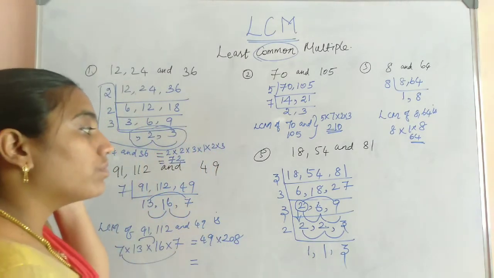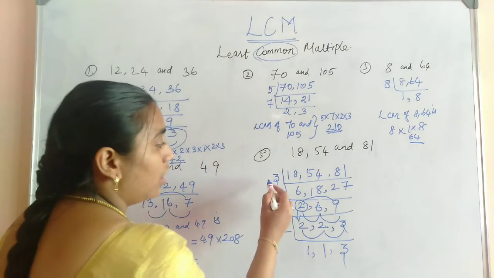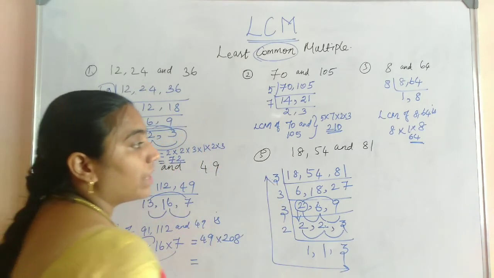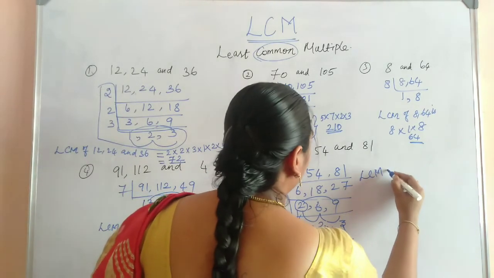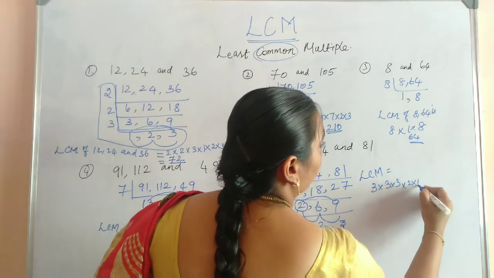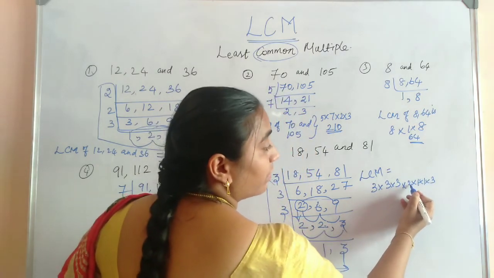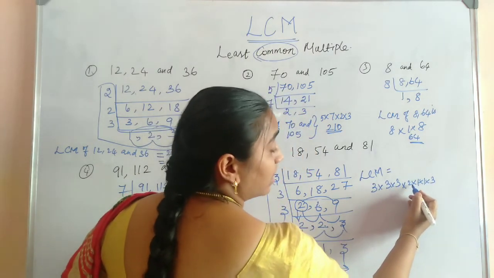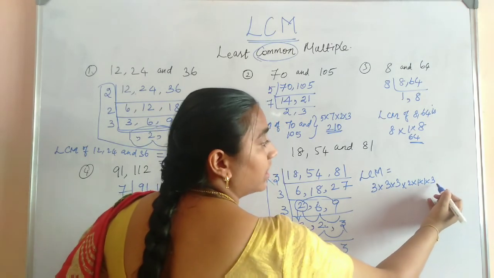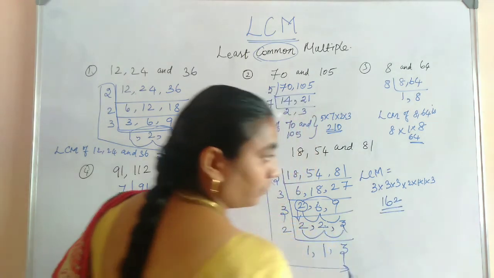Okay. Now you should multiply only the 3. The other two numbers are 1 and 1, so not necessary. You should multiply all these terms and you can get the LCM. So the LCM is equal to 3 into 3 into 3 into 2 into 1 into 1 into 3. 3 3s are 9, 9 3s are 27, 27 2s are 54, then 54 into 1 is also 54. So 54 into 3 is 162.